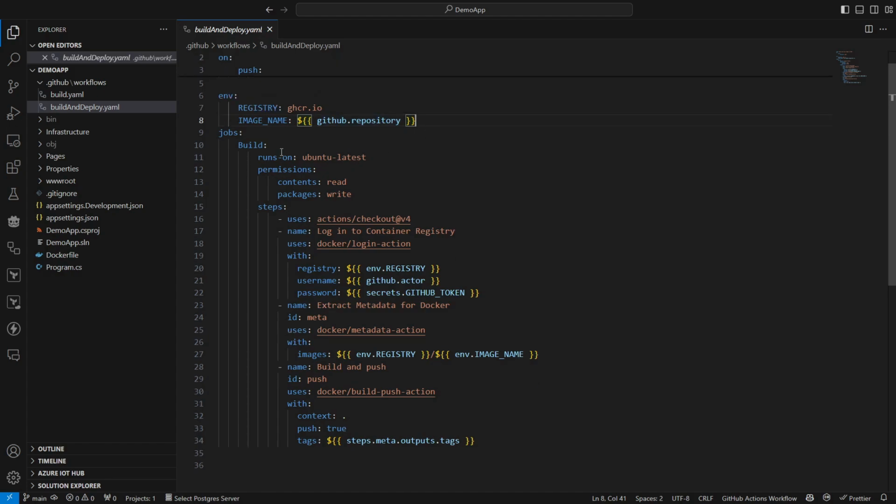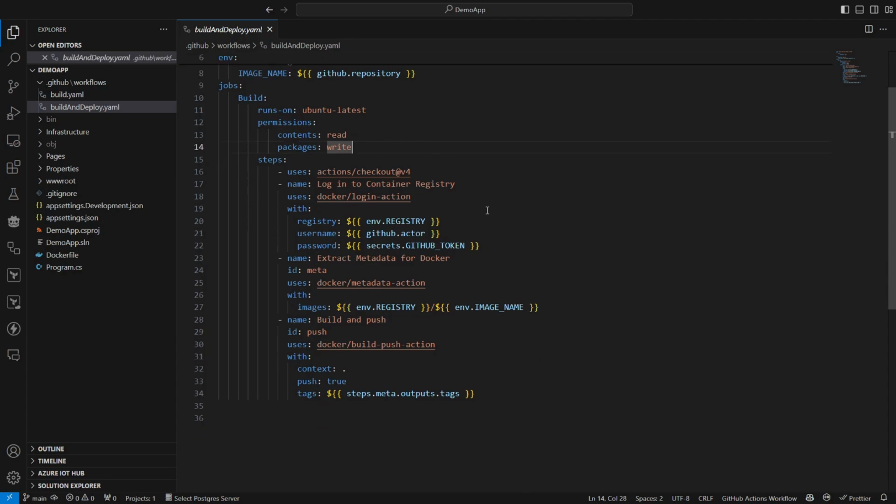So we come into the steps now, and I see I need a couple of permissions. These are permissions to allow me to read information about my GitHub repository and write to the packages. That's where we'll be storing the Docker container when it's built. And again, as in the first example, we use actions to check out the code to the runner.